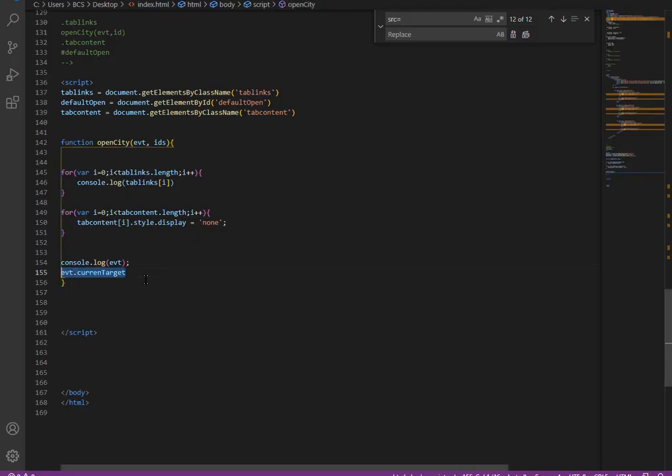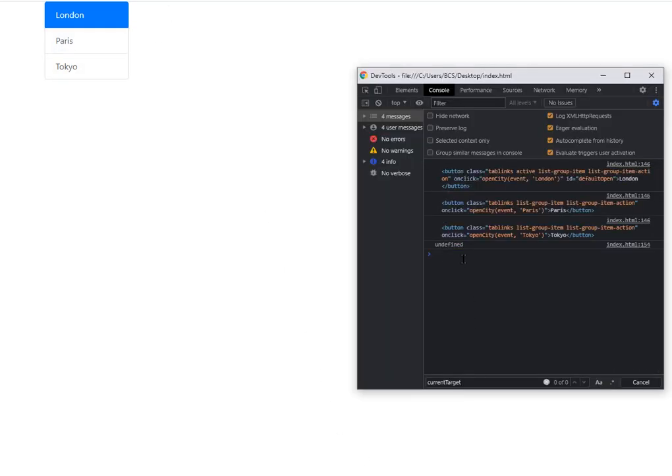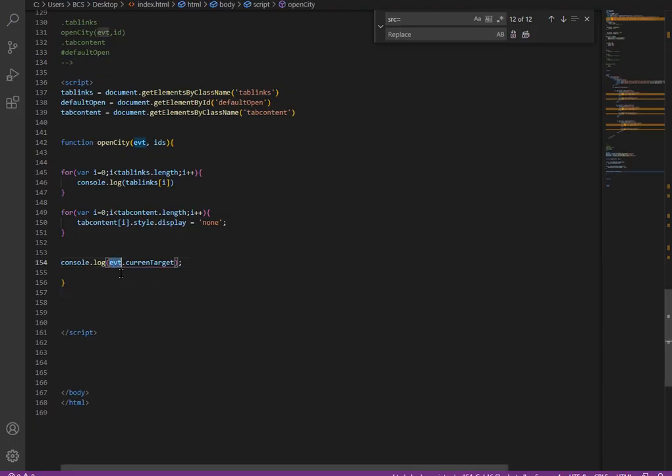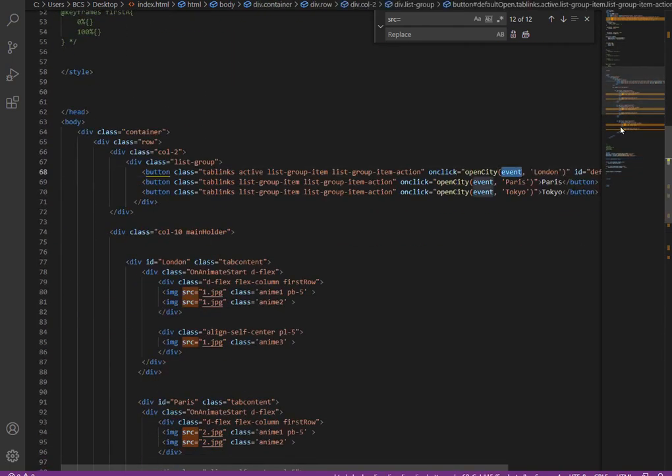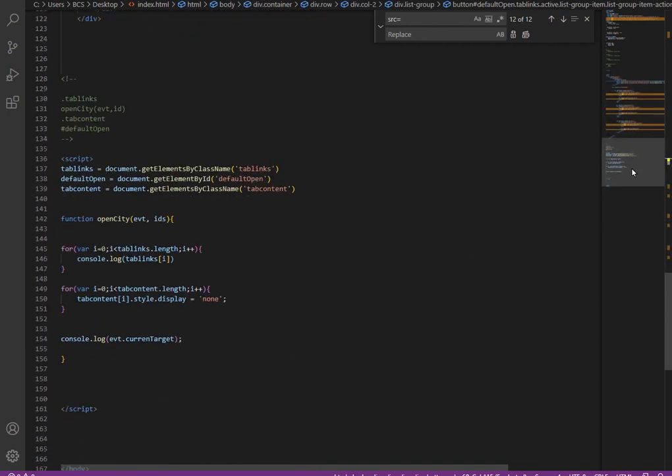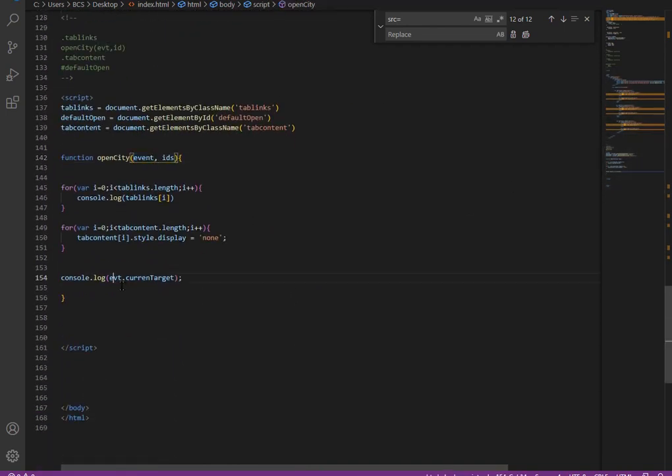If you see event.currentTarget and pass it over here, you should get the button which you have clicked. Click on Tokyo and it says undefined. Let me check again. I think it is because of the event. Let's get the same event and try it. I don't think this should be the issue, but let's try.